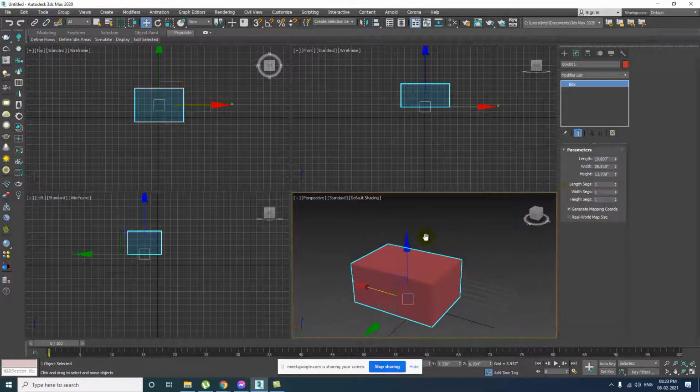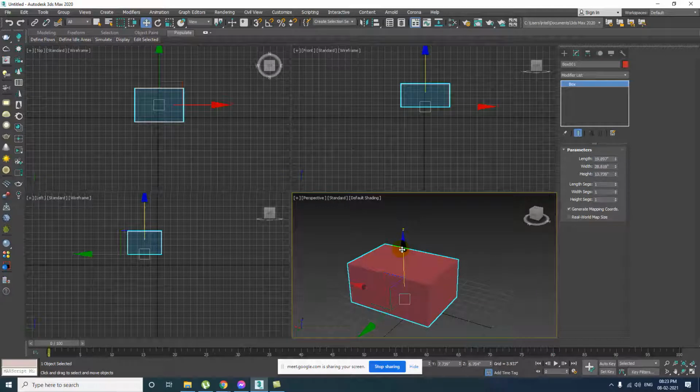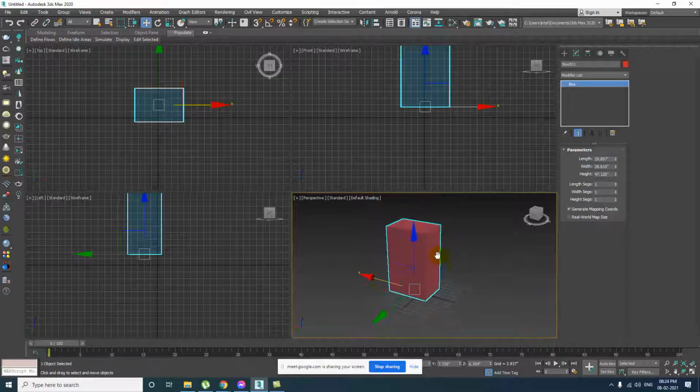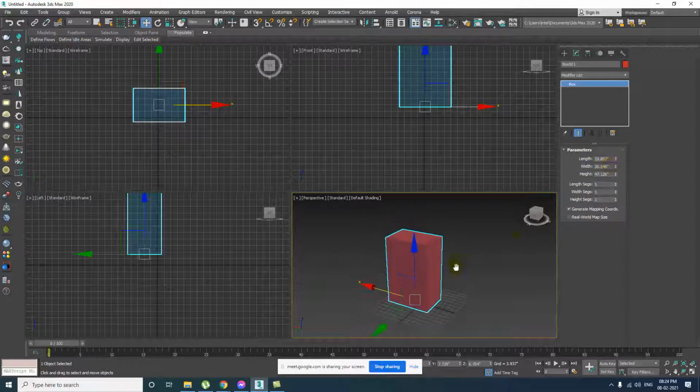Okay, so let me increase the height a bit. So here are the length, width and height of the object. Every 3D object has length, width and height. I will just click and drag the height of the object, and change the width a little bit, so that the width and length are a little different, so that we can see in different views what the width and the length are.